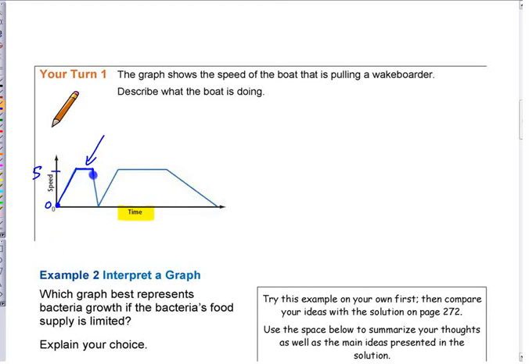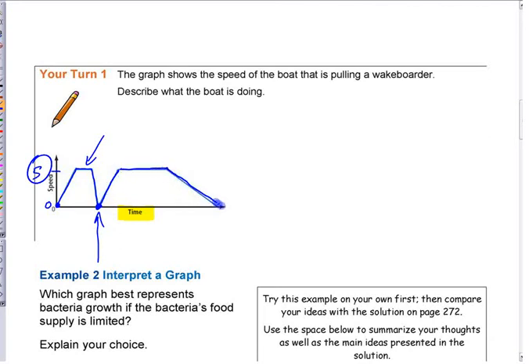And then what happens in this section here, this is pretty steep, downhill. So what does that mean? It's losing speed pretty quickly, down to what happens at that point? The boat is stopped. When it hits down at the bottom here, the boat is stopped because this is a speed graph. It stops pretty quickly, right? Because it's going that speed all the way down to 0. Then it starts back up to that same speed again, stays at a constant speed for a while,